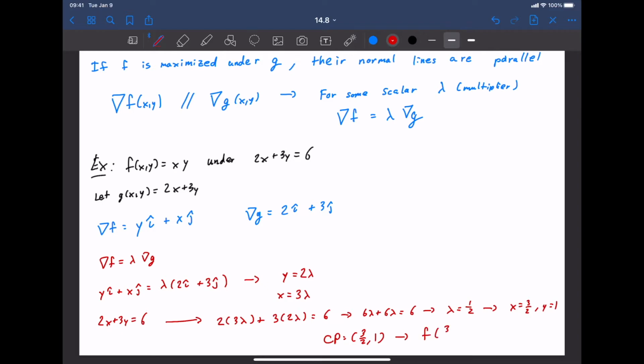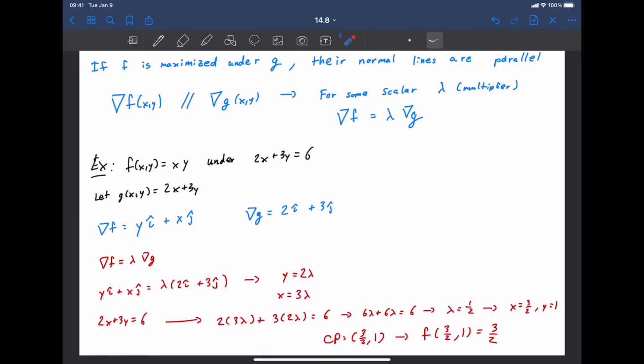And the f value at that point is very easy to compute. It's just 3/2. And so what that represents, that's the point where this constraint is satisfied that is on this function. Now, again, there's lots of other ways you could have solved this because it's a relatively simple set of circumstances. The real power of this comes into play when we're dealing with 3D functions. But again, the steps, just to go over it, usually we will define g, set their gradients equal to each other, subject to multiplying by lambda, solve for x and y, and then plug into the constraint equation,